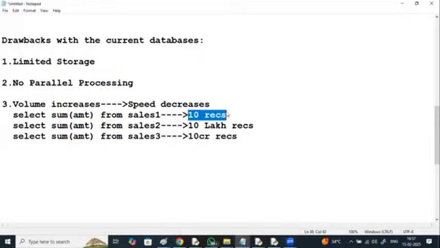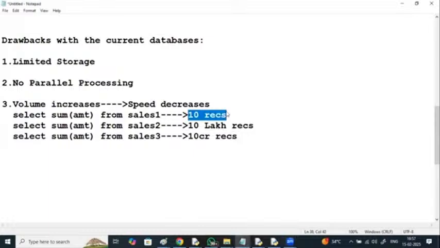And one more, if volume is increasing, take a labor example. A person or a boy, if he is carrying just 1 kg, he can run with that, right? If that volume increases to 10 kgs, he cannot run, but he can walk with that.